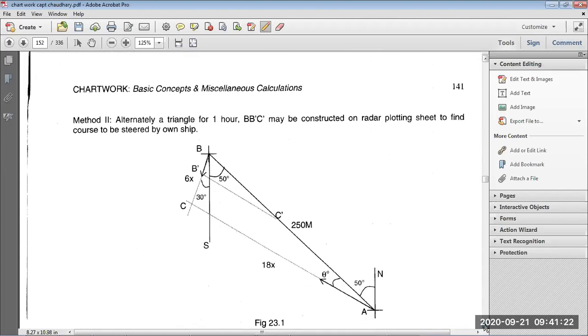So let's see this. Our ship's course we don't know, so this is theta, and this we know is 210. If we make this southern direction, this is 30, and this will become 50, because if this is 50, we don't know this angle, but opposite angles of the parallel lines are equal. So if this is 50, we get this as 50, and this is 30, we know, because it's 210. So 180 plus 30 is 210.